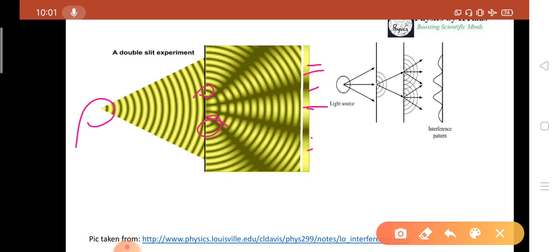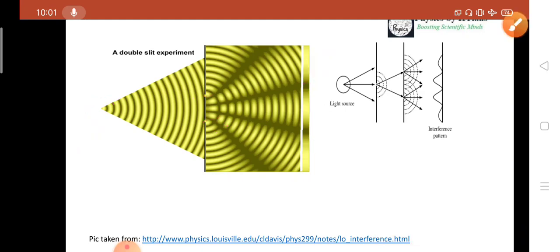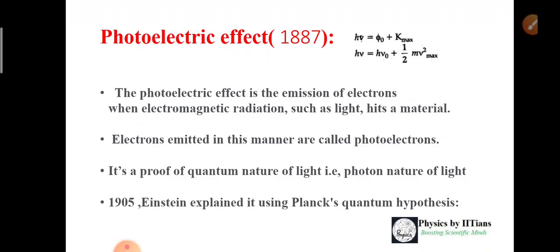We all know this kind of pattern can be explained through the interference phenomenon of light, where two monochromatic waves interfere with each other in phase or in opposite phase. In phase gives us the bright fringe, and opposite phase interference gives us the dark fringes. So this can be explained only by the wave theory of light. At that moment, the wave nature of light was demonstrated by Young, and it was accepted by Young's fellows.